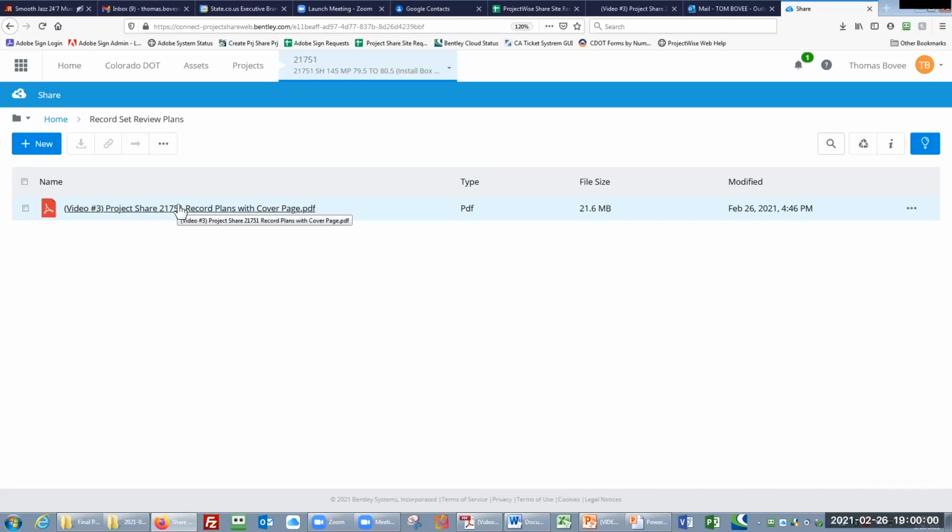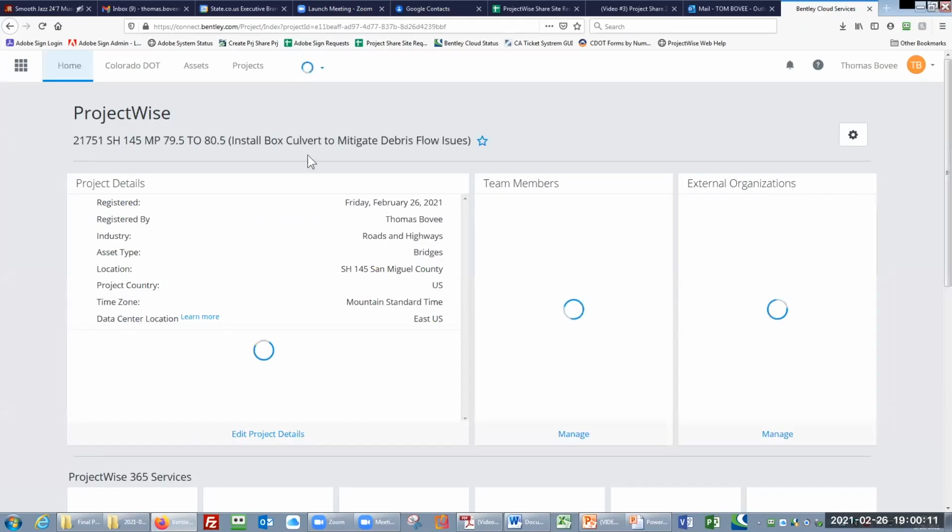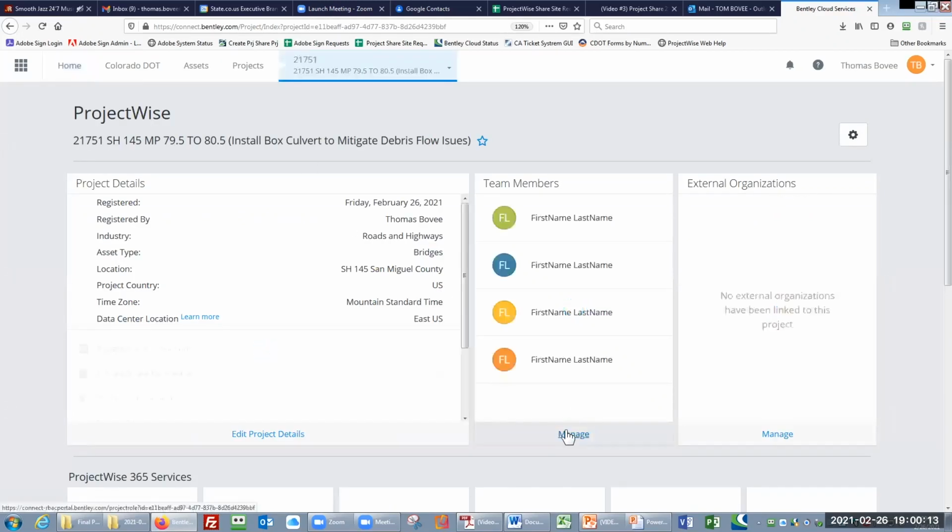So now we've got the file in there. How do we add people? Well, you click on the project again to take you back to the central part of the project where the options are. And in the center, you'll see a word here that says manage. And you see edit projects over here. Only PMs see that. Project managers have the ability to add people, delete people, manage roles, edit the project details, all that. So if I hit manage here,